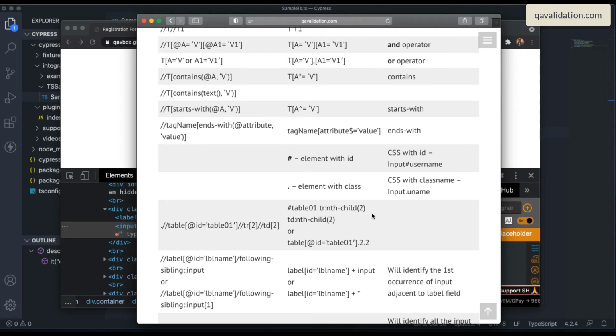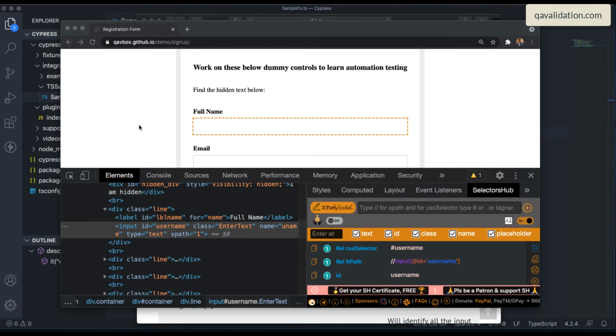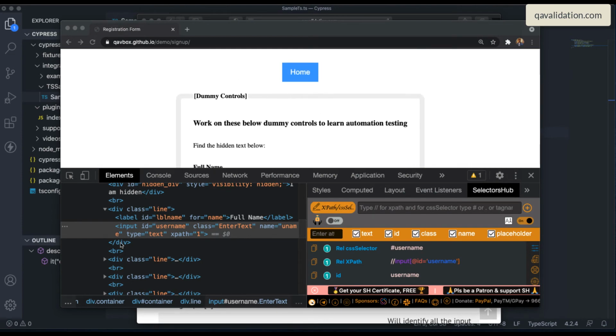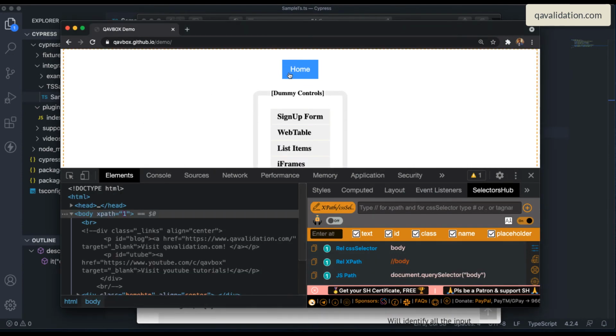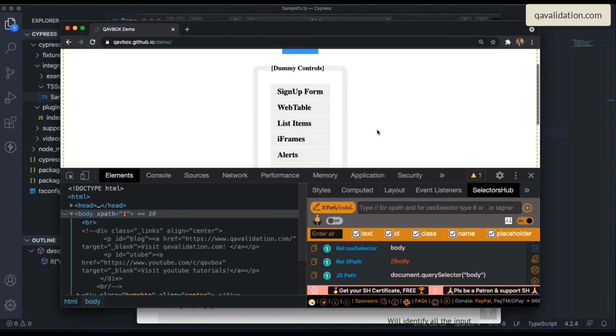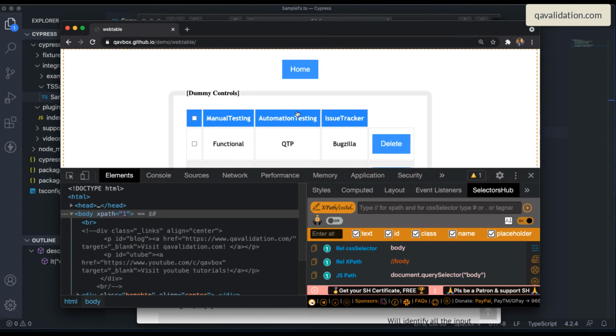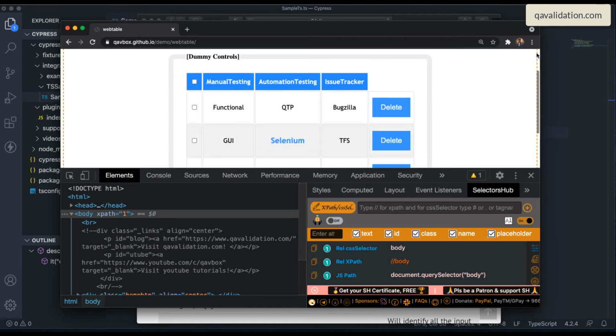So just a second, let me go navigate to a table. Almost all of the XPath and CSS selector patterns, whatever you can do, you can utilize this demo site, and you can navigate to each one of these controls and practice anything that you want. Okay, so for table, I think most of our recent applications,